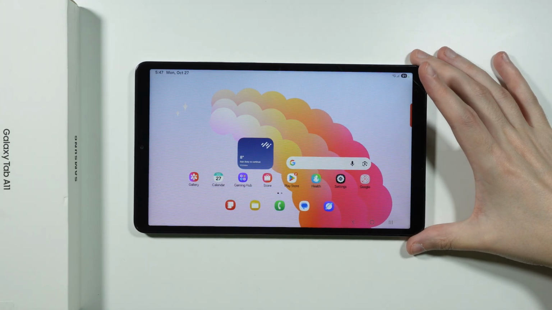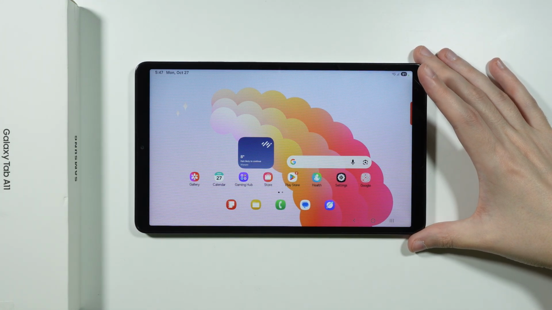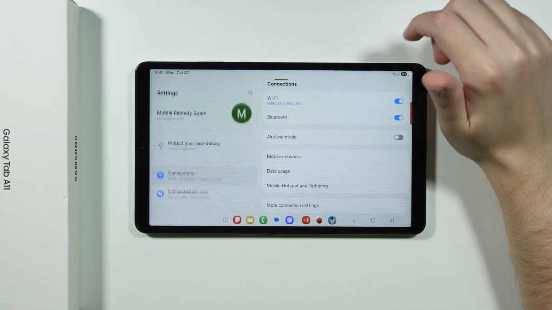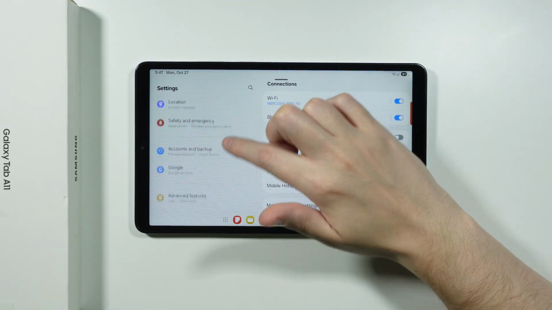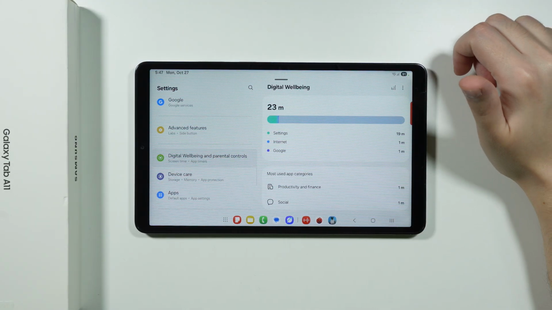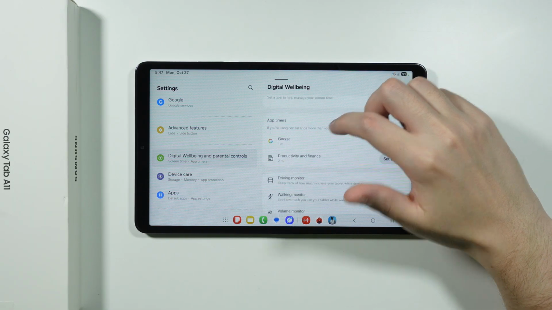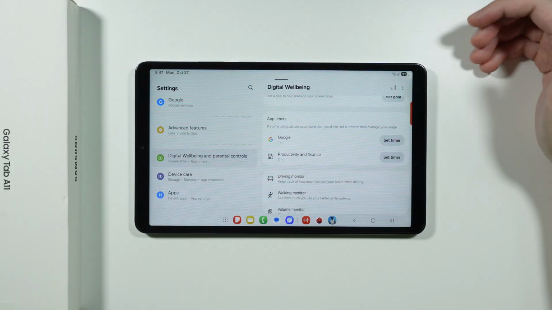If you want to set up the app timer on Samsung Galaxy Tab A11, then in that case you want to open Settings. On the left side we're gonna scroll down until you find Digital Wellbeing and Parental Controls. Now we're gonna scroll down again to find app timers, and you might be able to find some example apps